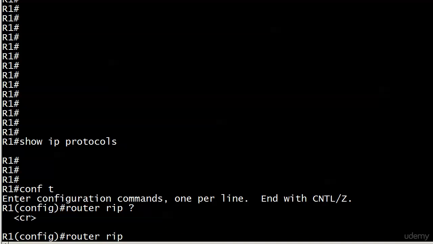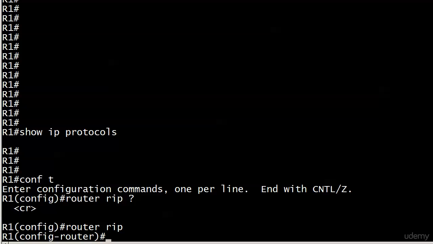And unlike other routing protocols that you'll study later, there's nothing else outside of the router rip command when you want to start your RIP config. You don't have any numbers or any values, anything like that. As you can see with IOS help here, we literally don't have anything else we can do here except hit enter. So we've dropped down, and I'm going to use the network command first to enable RIP on any interfaces on the